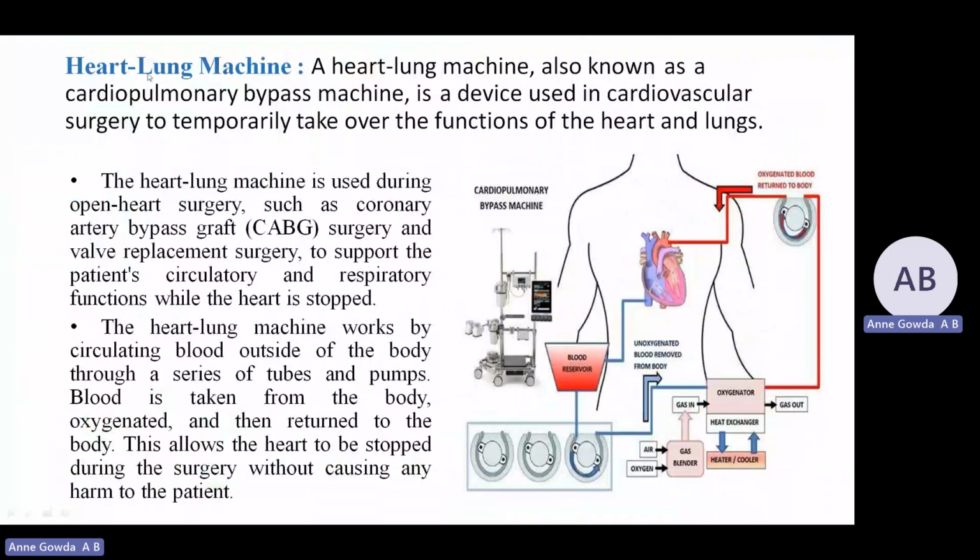As the name indicates, it performs both the functions of the heart and lungs. It is used in some surgeries like bypass surgery. What is a bypass surgery? It is a heart operation, called open heart surgery. If there are multiple blockages within the heart, then they will go for the bypass surgery, and